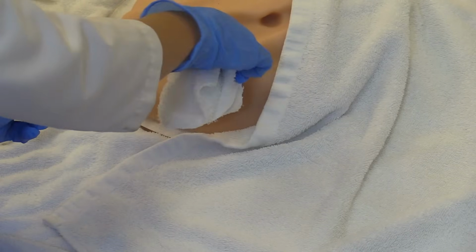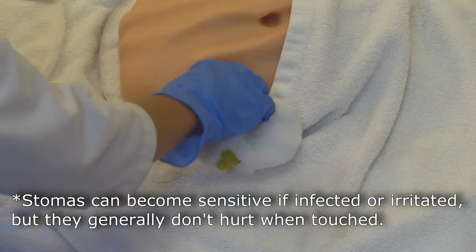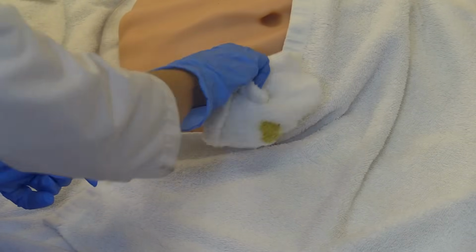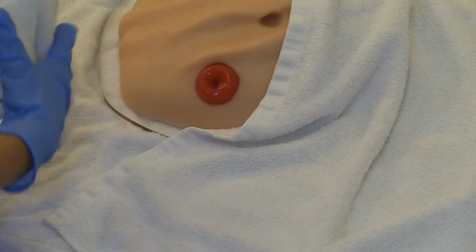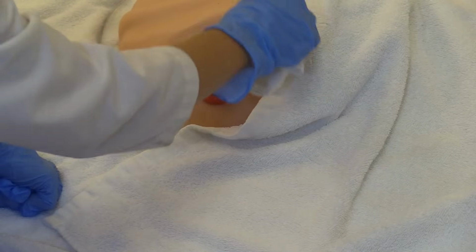And the stoma is not painful to the patient. Remember, it's just the inside of the intestines flipped inside out. So it's not painful for you to clean the stoma. And make sure you have it all clean. Then you will pat the area dry. You want this to be very dry because if it's not dry, your skin barrier is not going to stick